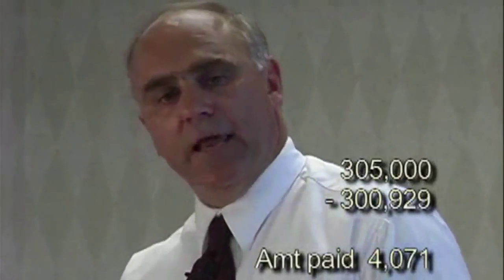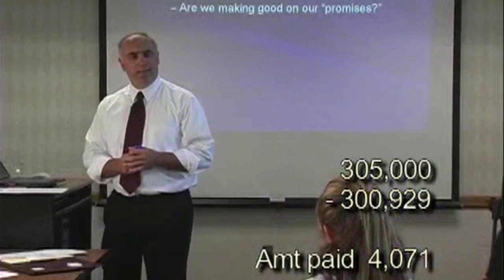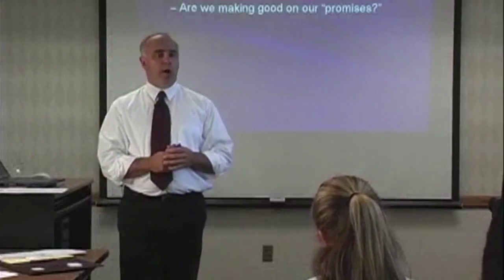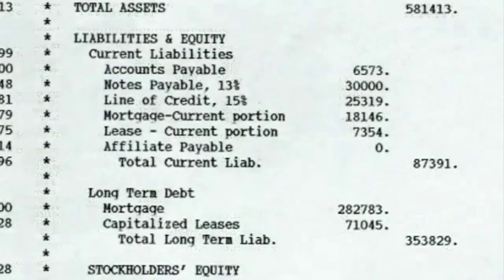The original mortgage amount was for $305,000. The balance of the mortgage at the end of the quarter is $300,929, less than it was at the beginning of the quarter. Therefore, the balance sheet indicates that clearly we have made good on our promise to the private investor in the first quarter. We can also audit the lease by adding the current portion of the lease to the long-term portion